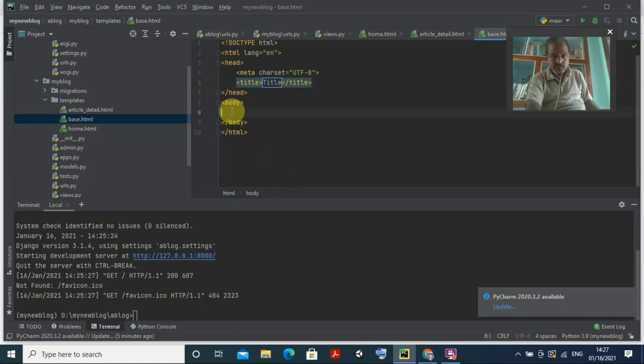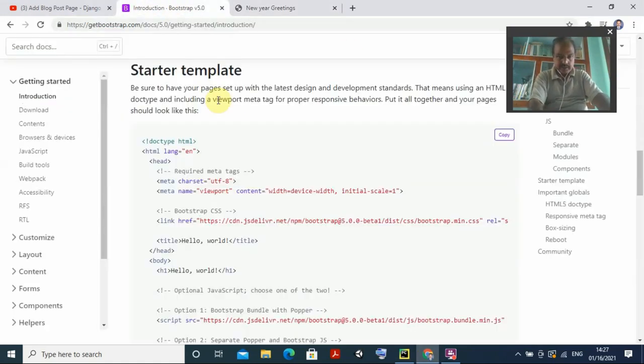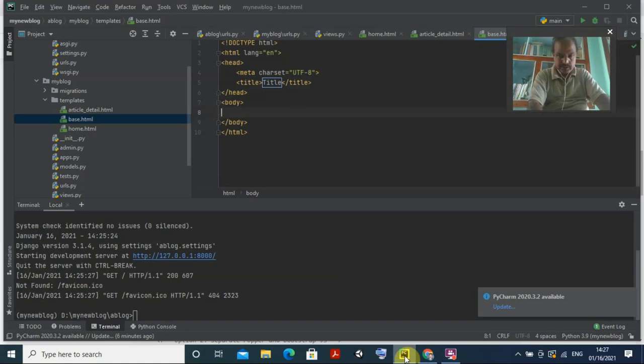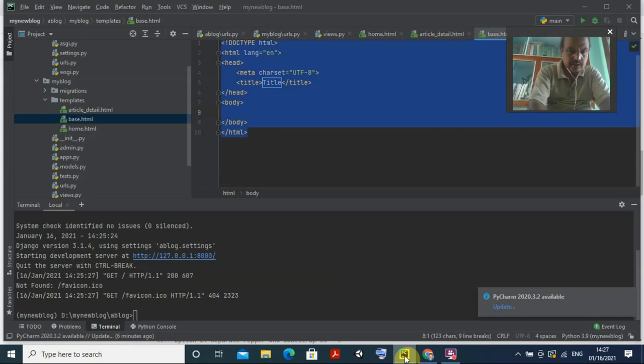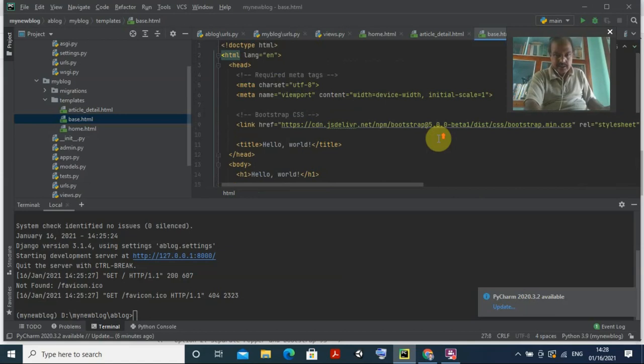Okay, inside the body what do I need to do, what are the things I copied here? If you remember, here I have taken the introduction to Bootstrap. Okay, here I have taken the starter template. In the starter template I just copied the entire thing. Okay, so after copying all things I want to put it there. If you put it here, then we can come here, and see, Control A, Control V. Okay, so now you can see the entire thing is coming here, right?